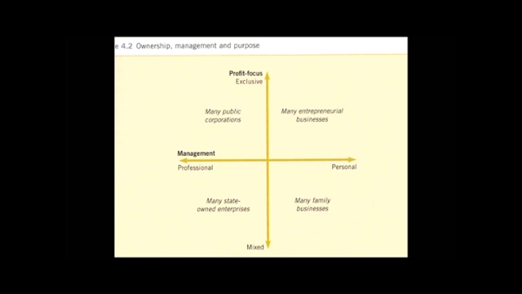On this vertical axis, we run from an exclusive focus on profit. A company we put up at the top of the table is focused on profit and nothing else. Profit at all costs, essentially. Down the bottom here, we have organisations that